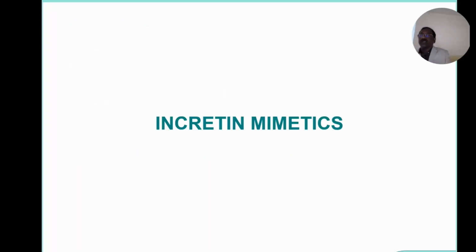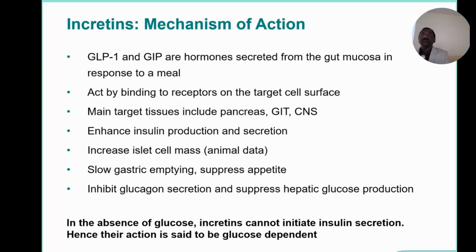Now we will go to the incretin mimetics. So how do incretins act? I told you the ominous octet. So incretins will act in 5 ways. What are they? I told you the 8 ways of getting hyperglycemia, no? Alpha cell, beta cell, intestines, liver, kidney, muscle, adipose tissue, brain, etc. So these incretins will act in how many ways? Out of the 8, how many ways?